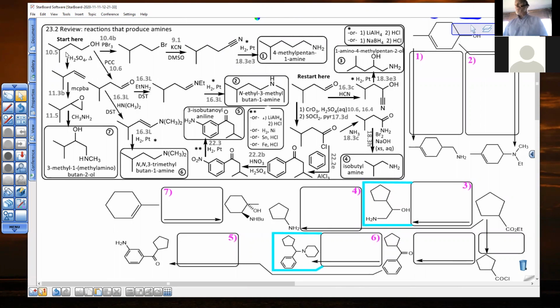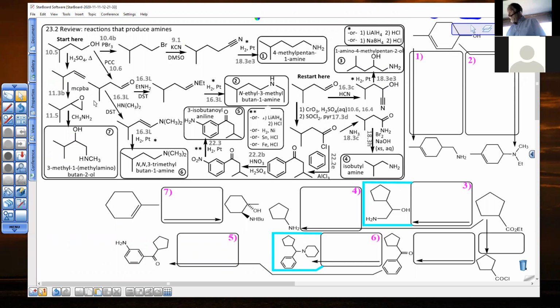In section 10.5, we learned that you could treat an alcohol with a strong acid, either sulfuric acid or toluene sulfonic acid, and heat, and cause what we called a dehydration reaction. Dehydration is a form of elimination that's very specific. You're eliminating water, and that creates an alkene. Alkenes can be easily converted to epoxides using molecules like